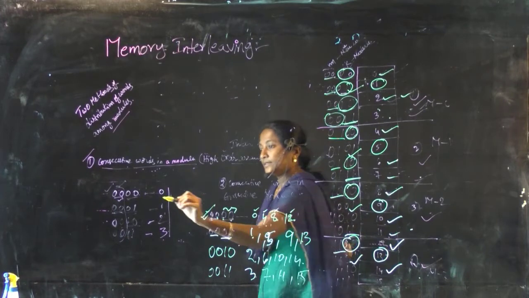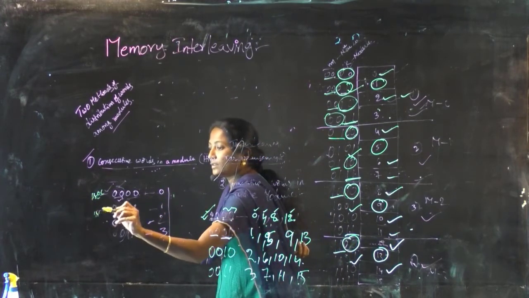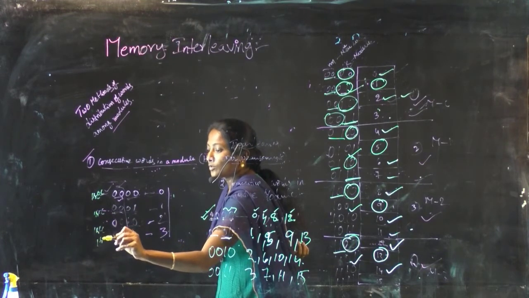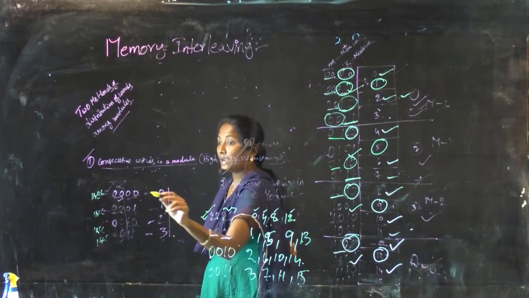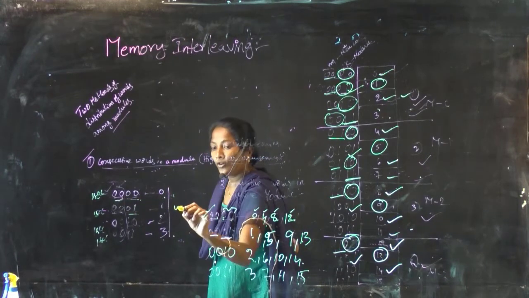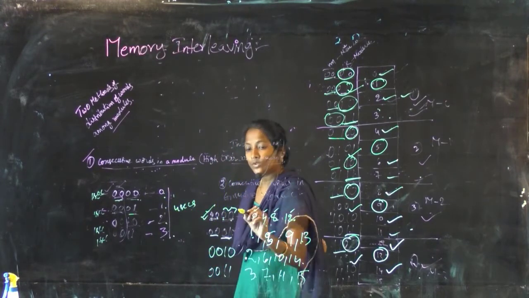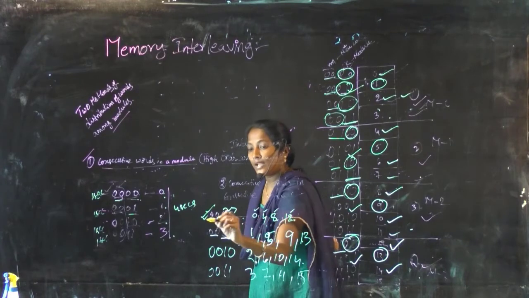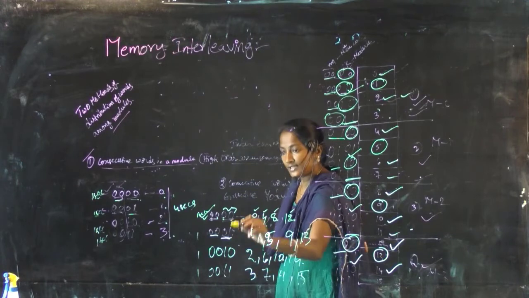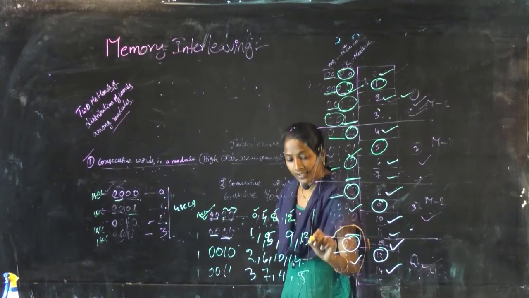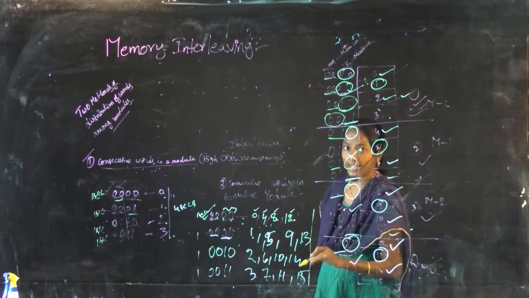Suppose the memory takes 1 second for transferring the data at a particular address. Here 4 seconds are required to transfer these 4 words. So in this second case, it is 1 second, 1 second, 1 second, 1 second. In these 4 seconds, the processor can transfer 16 words from main memory to cache memory.